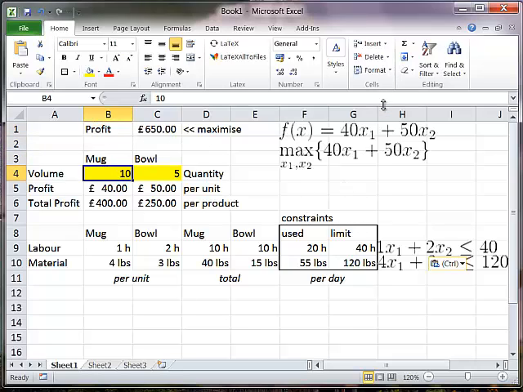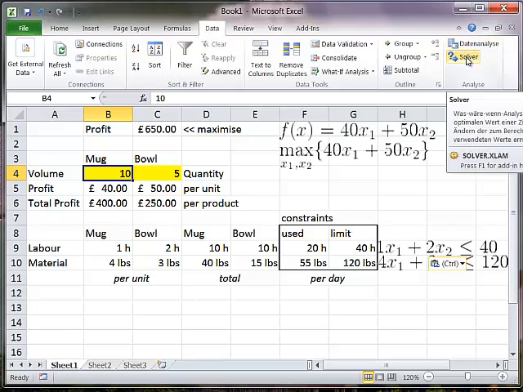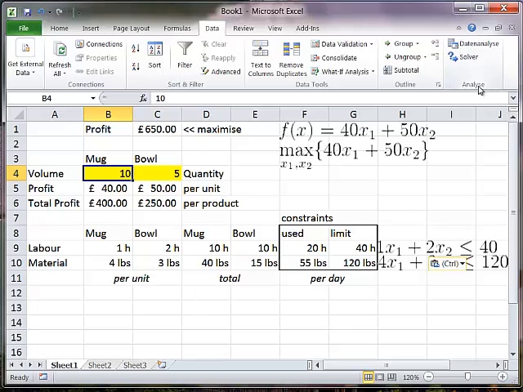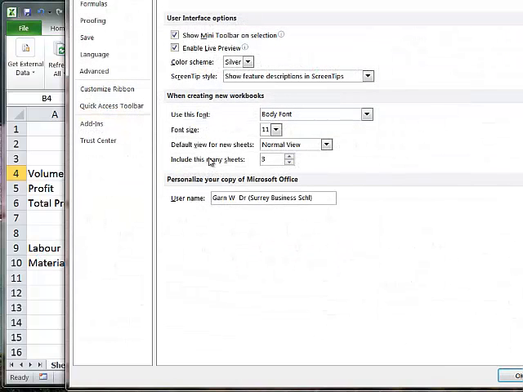So if you start the solver for the first time, then you will have to activate it. If you have started it already, then you should find it in your data ribbon on the solver, in the analysis box. If you have not, you go to File, Options, the second from the bottom, then go to Add-ins,